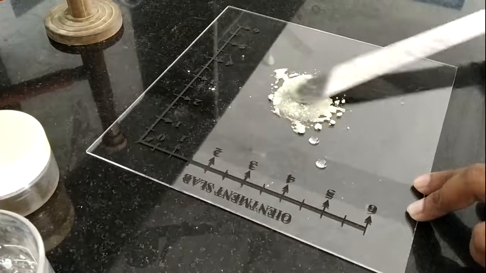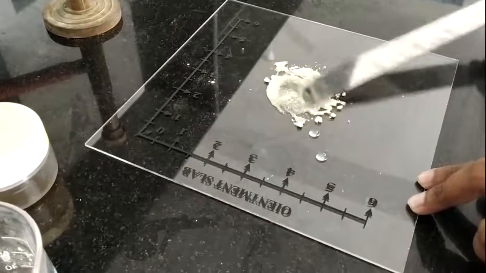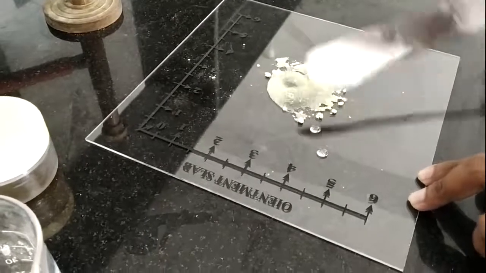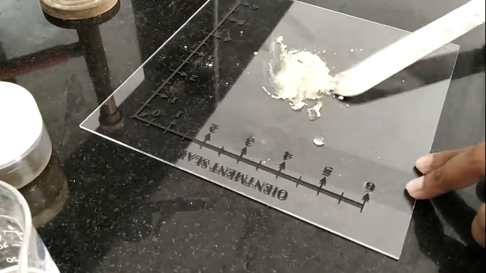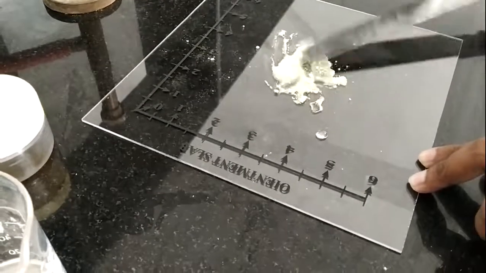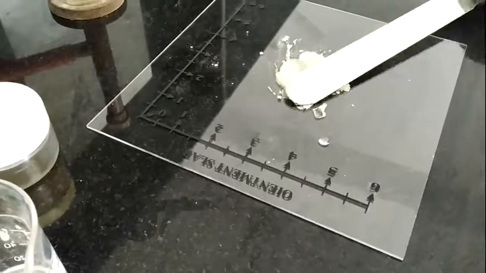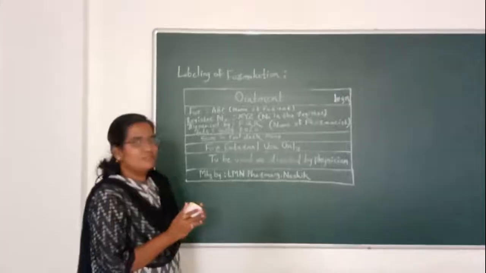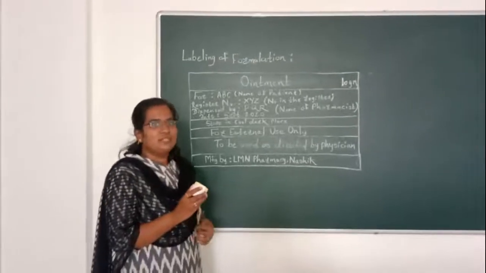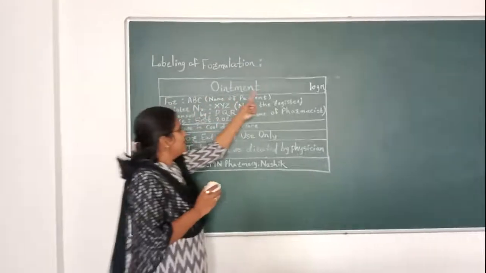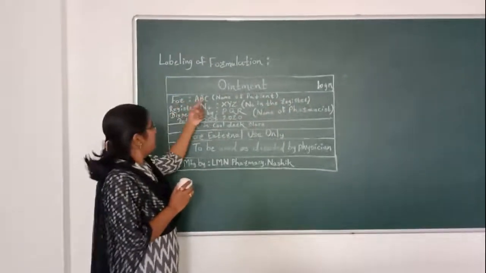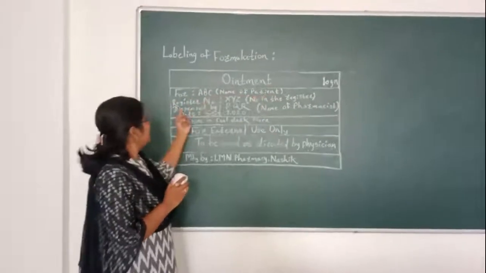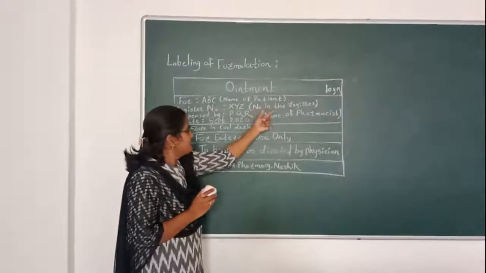So we will properly mix this, and after proper mixing, we will transfer it into this container, and then proceed to the labeling part. So now we will move towards labeling. Ointment 10 gram. For ABC, meaning name of patient, register number, that is XYZ, which is the number given